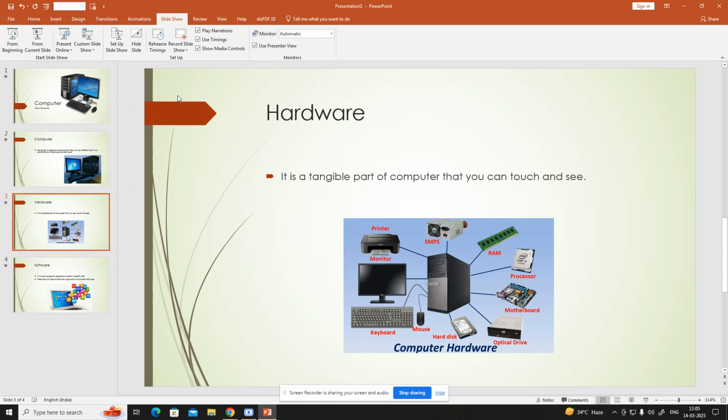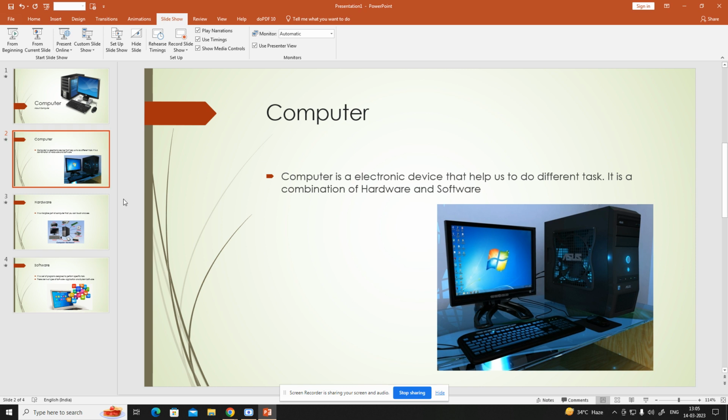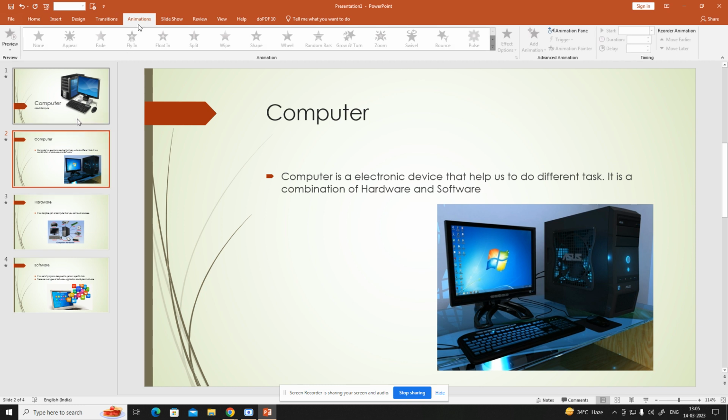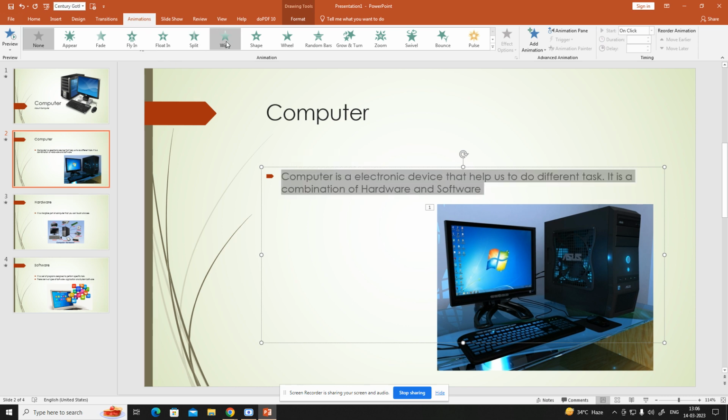Now I want to add animation effects basically applied on the objects. Okay, right now I have applied the transition effect that is applied on the slide. Now I'm going to add animation effect that will be applied on the objects. What are objects on the slide? So whatever the text that we have inserted in our slide, whatever the pictures, so these are the objects, these are called objects. So I'm going to add this one. Okay, so I'm going to add animation effect on my